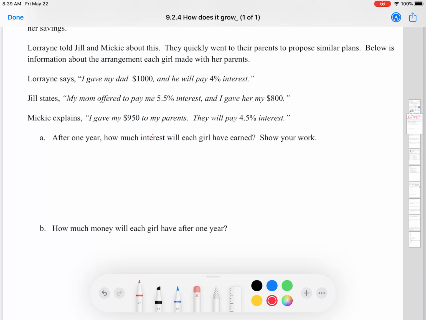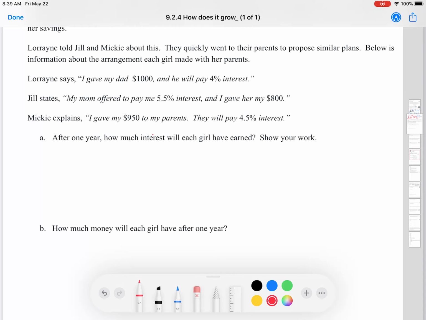Lorraine says, I gave my dad $1,000 and he will pay 4%. Jill states, my mom offered to pay me 5.5% interest and I gave her $800. Mickey explains, I gave my parents $950. They will pay 4.5%. After 1 year, how much interest will each girl have earned? Show your work. Okay, so